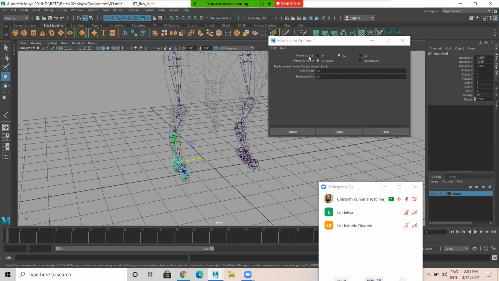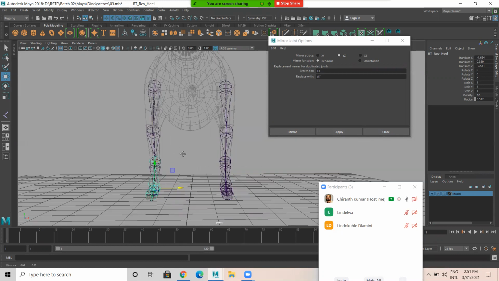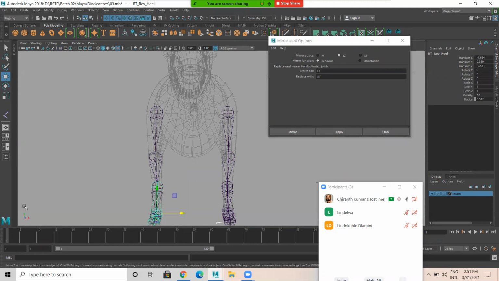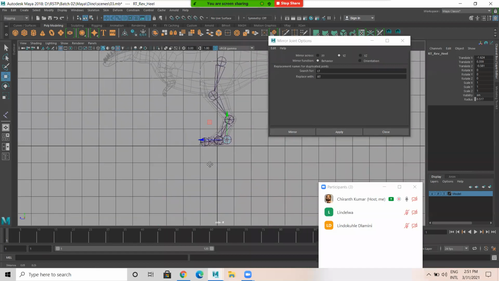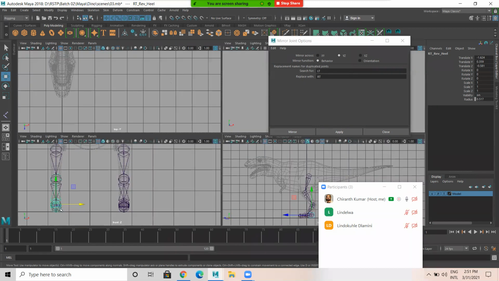Okay. And how do you identify this mirror axis? In whatever view it is, from the left side you have created, from here to here you want. You have to see which axis this is. Don't take this one. You have to see the straight line one, YZ. Assume I'm in side view and my character looks straight, looking front in this view. In this case, it is YX. But in this front view, it is YZ.